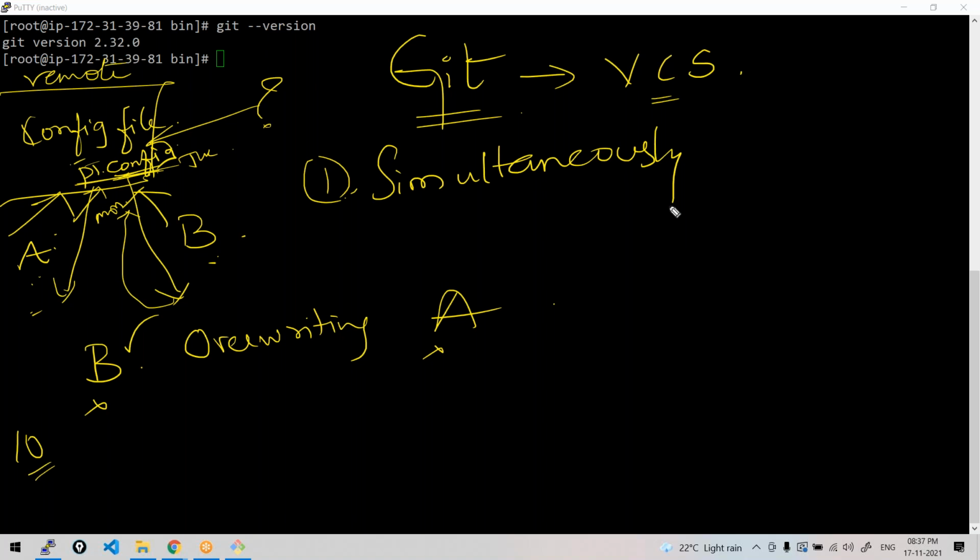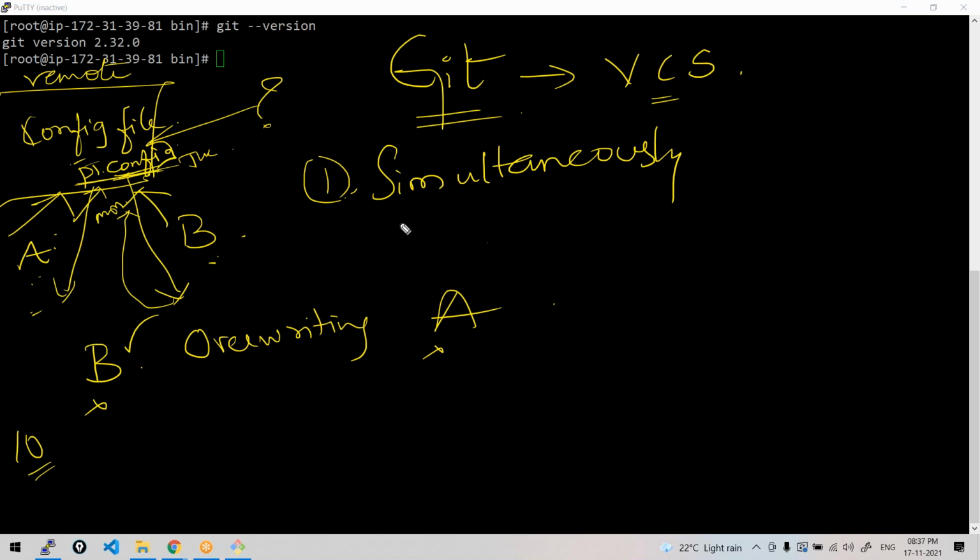That's where version control system comes in. It will not allow people to overwrite the others' changes. Okay, so it can be handled. How it handles, that's an interesting part. We'll be looking into each of these use cases practically. First, I'm explaining what is this Git, what is a version control system, and then we'll look into all these scenarios practically. So that's the first thing.